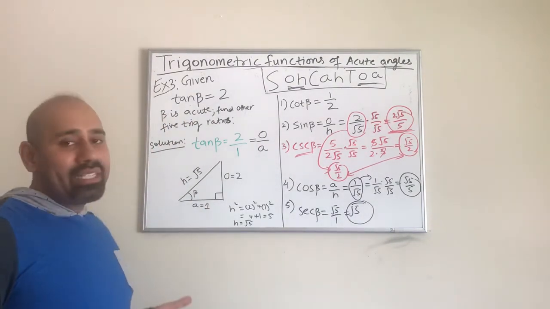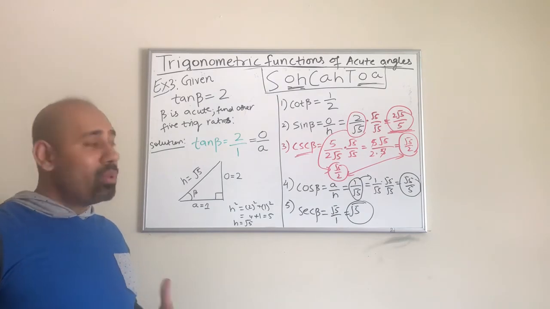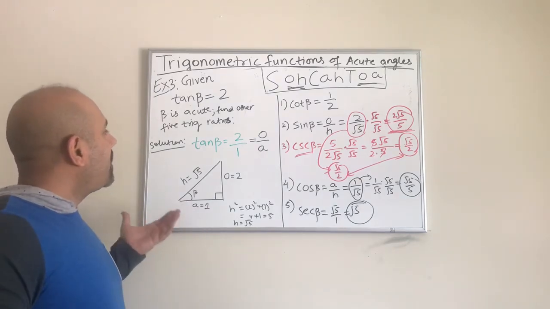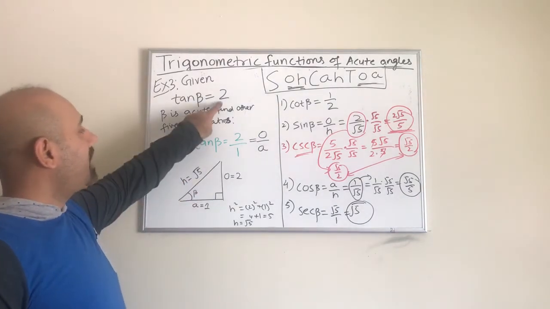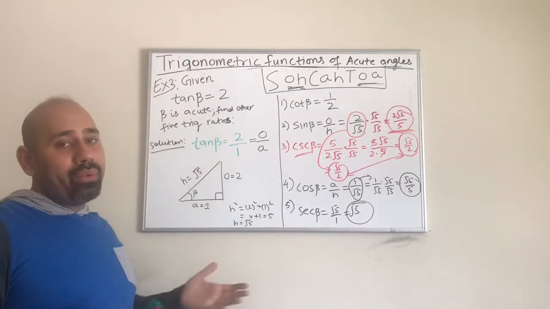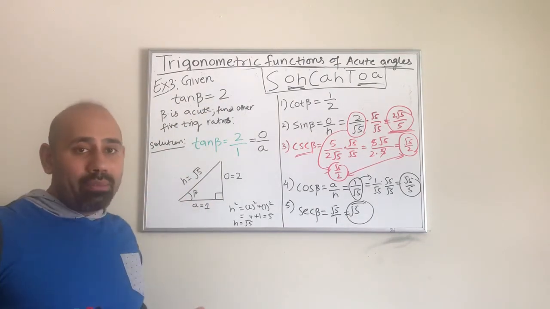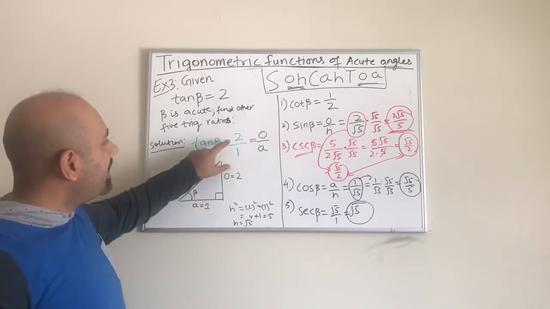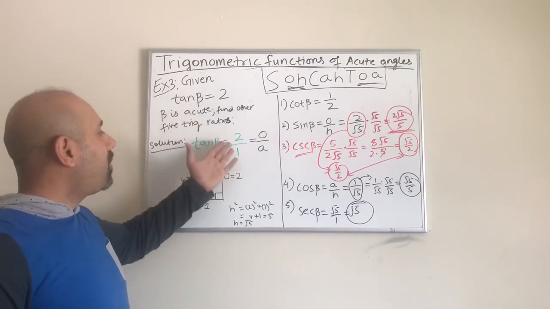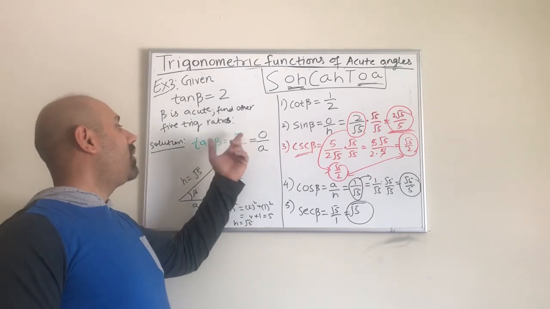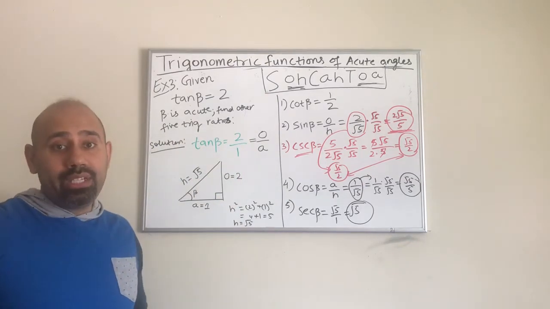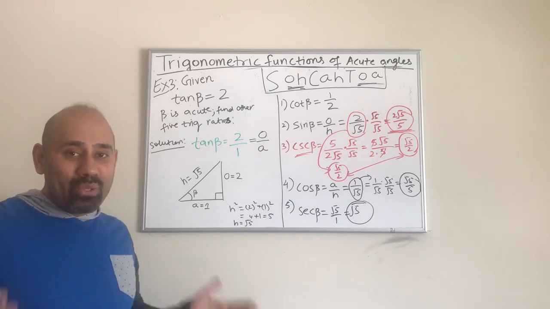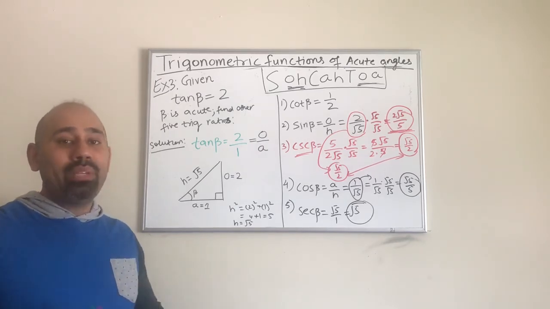So guys, it was very similar to what we did in example 2. The only tricky thing here was to realize that if we have just a number by itself, then we have to bring in divided by 1, because by doing that we are not changing the number, but now we can see that there's a ratio of 2 quantities. From there we can say that we have the value for the opposite as well as the adjacent, because we need the lengths of 2 sides to find the third side, and then from there we can write